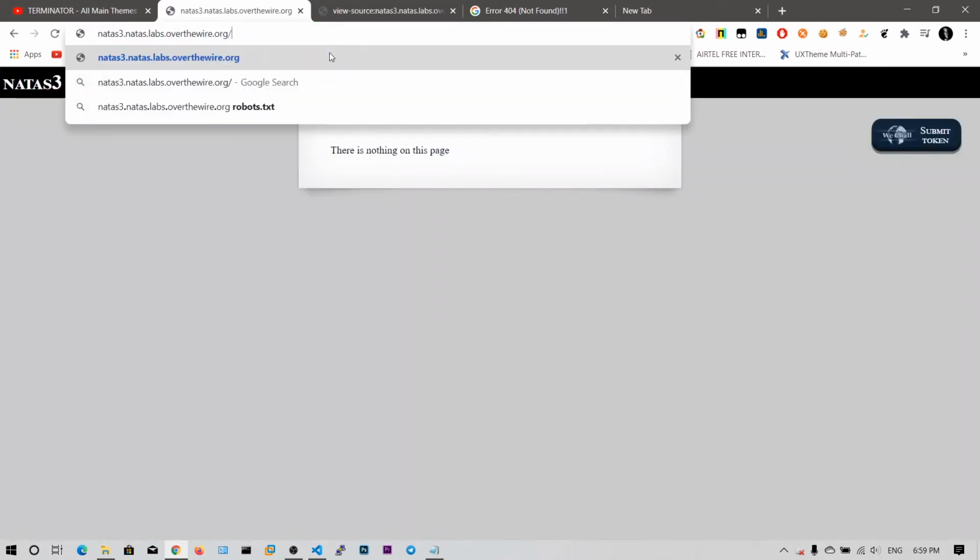So let me open the robots.txt file, and you can see here there is a syntax, and user agent is equal to star. Here user agent means search engines, and star means all search engines. Whenever a search engine is going to crawl this domain, it will see the robots.txt file, and since user agent is star, it applies to all search engines. So that search engine will not allow this path to be displayed in the results.